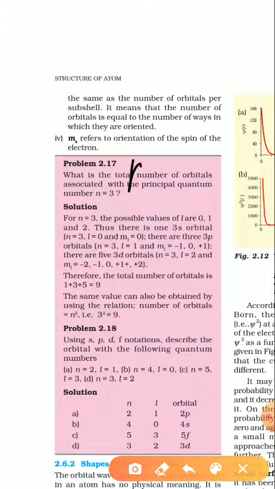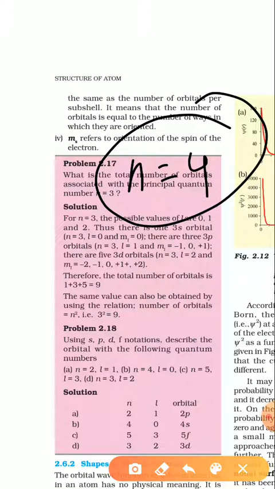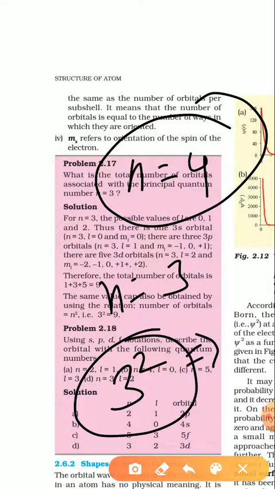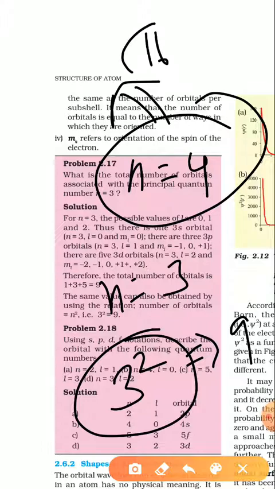If it is so, then how many orbitals will there be for n equals 4? Try to find it by yourself as simple homework or rough work. Okay. You can also find it in an easy way. n equals 3 means if you take 3 squared, you will get the number of orbitals, which is 9. 4 squared, you will get 16 orbitals. Which are those 16 orbitals? Try to understand by yourself.